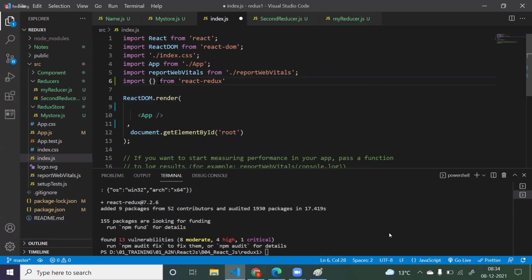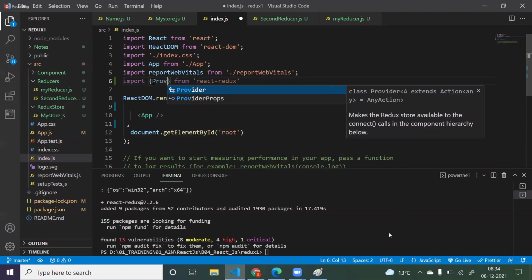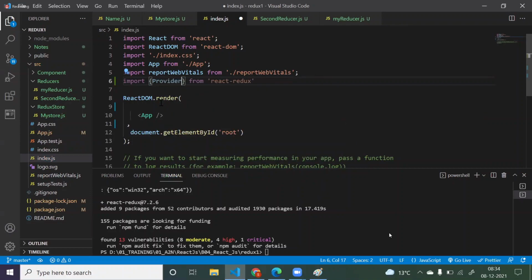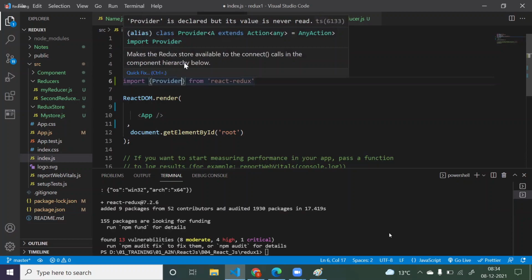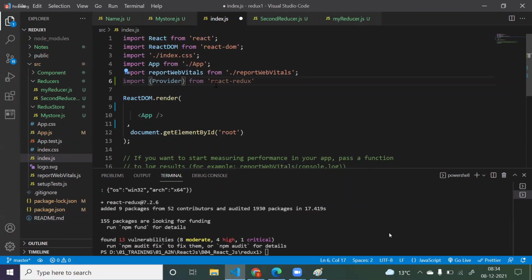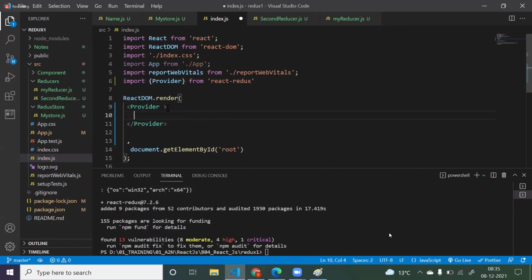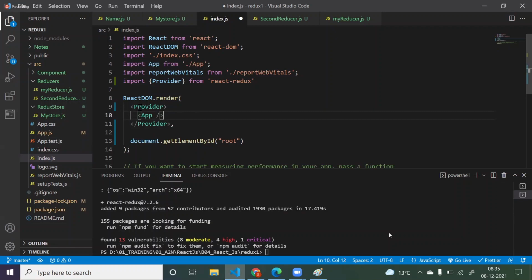What is the name of that component? It is Provider. Same thing as what we have in the Context API also. Context API Provider is coming from the React library. This Provider is coming from the React Redux library. Now this App component is there, right? This we have to wrap inside this Provider component. Just say Provider like this. Now just keep your App component inside this Provider component. This is how we provide the store. Now what you want to provide to this App component? My store. So this Provider component will take one prop, and the key of that prop is store.